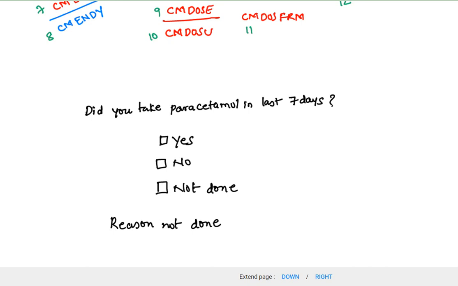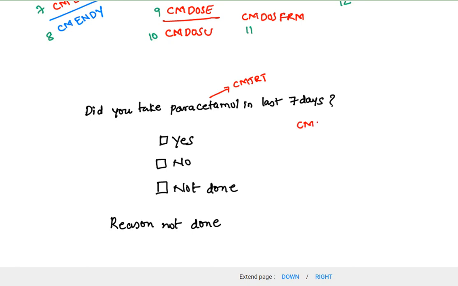So with this kind of pre-specified medication, we'll have additional set of variables. So this paracetamol will still be stored in a variable called CMTRT. And as this paracetamol in this particular case is a pre-specified medication,